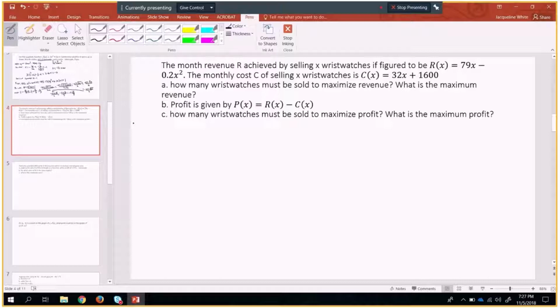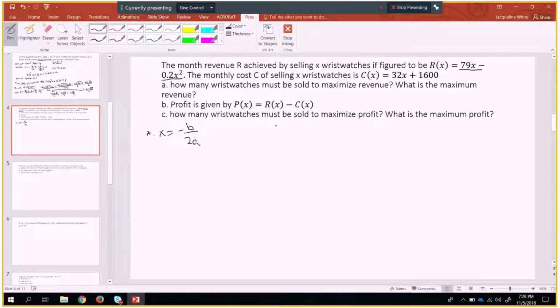Right? Whenever you see a maximum question, or minimizing question for that matter, they want you to find the vertex of the equation that you have, right? In this case, they're specifying that they want to maximize revenue, and revenue is 79x minus 0.2x squared. So if all we have to do is find the vertex, we know how to do it. But our first step, it says how many wristwatches must be sold to maximize revenue. This basically just says to find the axis of symmetry, or just find the x coordinate of our vertex, which is equal to -b over 2a,